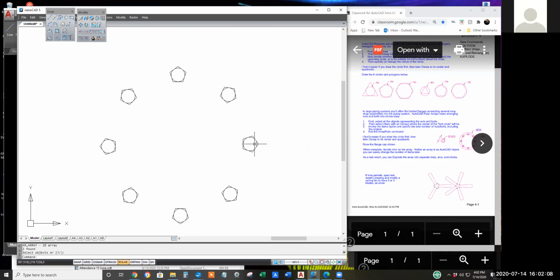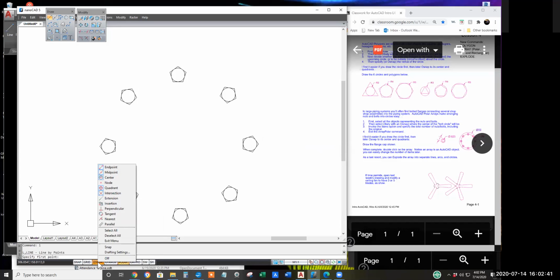And it looks like NanoCAD is a bit behind AutoCAD. It's more like AutoCAD 2000 was, where the polar array is not an editable single object. If you change your mind, and then you put a bookmark here. Why can't I OSnap? Oh, because I got OSnap turned off. Okay, it's set right, but I had it turned off.